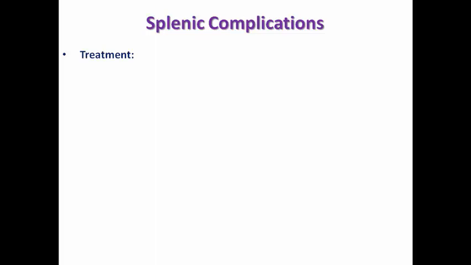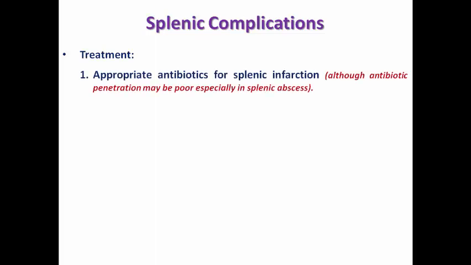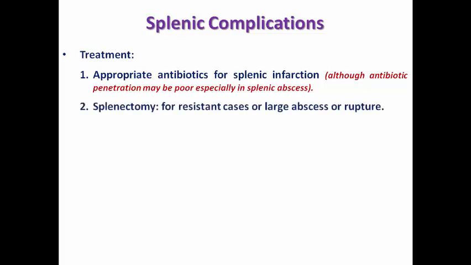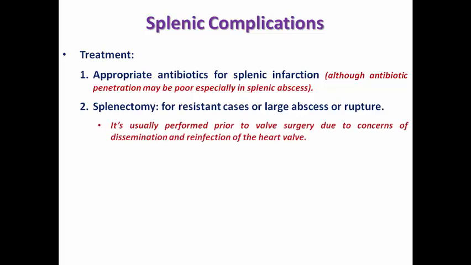Then how are we going to treat it? Of course, appropriate antibiotics for the splenic infarction, although we know that the antibiotic penetration may be poor in splenic abscess due to the pyogenic membrane. In resistant cases we should go for splenectomy, or in case of large abscess or even rupture, and usually it should be performed before the valve surgery in order to eradicate any metastatic